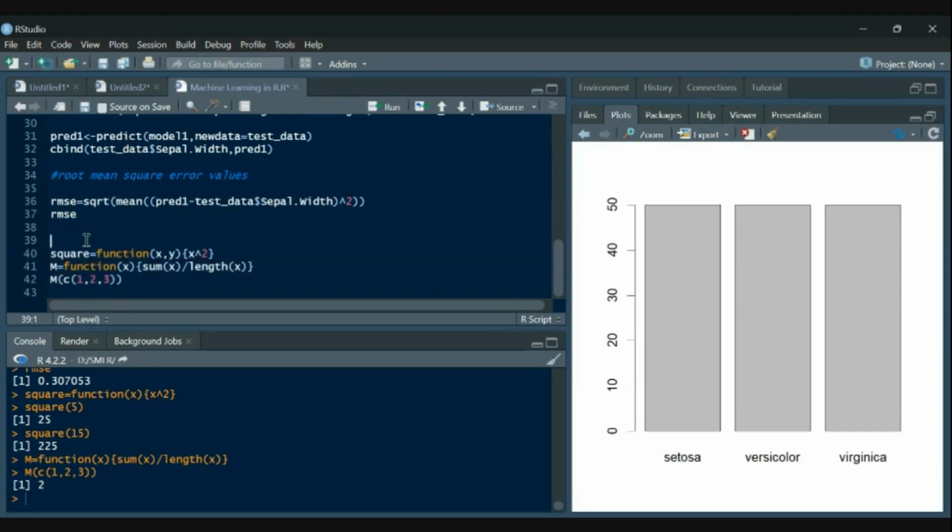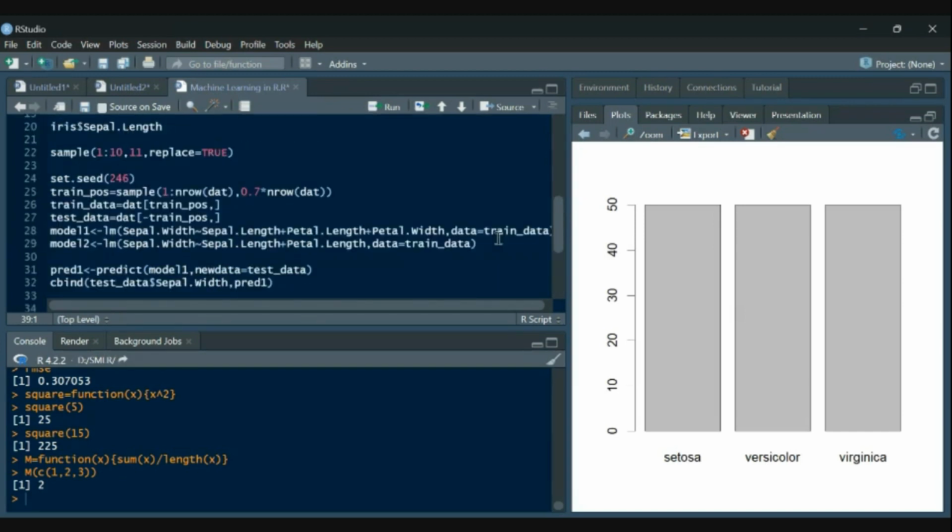Now, our basic goal here is that if we are dividing our data in the proportion of 70 to 30, that is, 70% train data and 30% test data, then we need to find the particular value of seed, let's say from 1 to 2000, which gives us the best RMSE value.